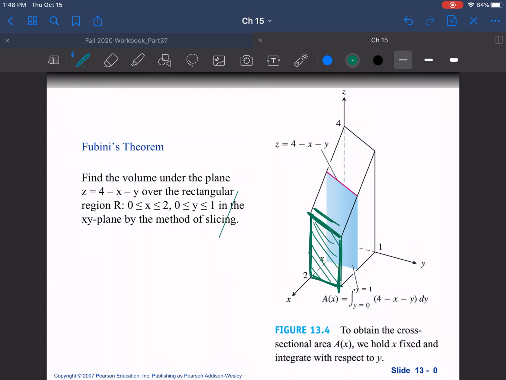And then what we're going to do is move in slightly and find a new little area, a new slice like this, and we find that one and we're going to add it together. Then we're going to go to the next little place and take a new slice like this, and we're going to go all along it, all the way up, making these slices this way, right? Finding the area of each slice and then adding up all those possible areas,